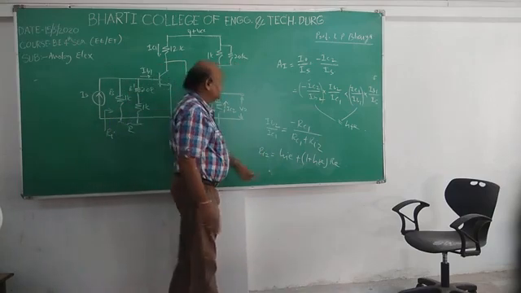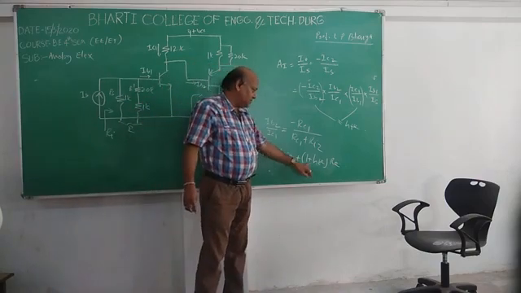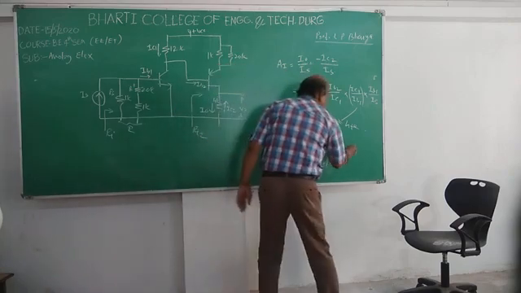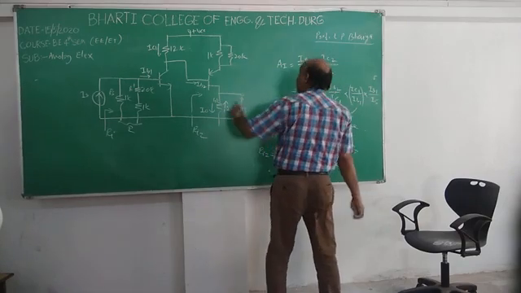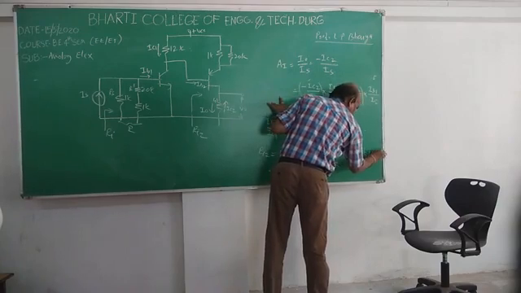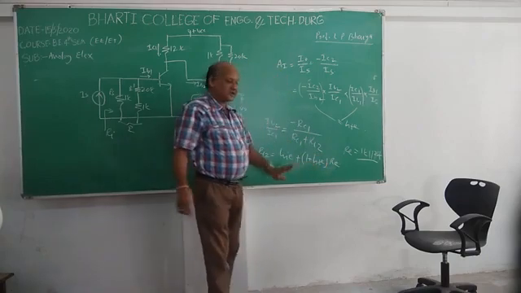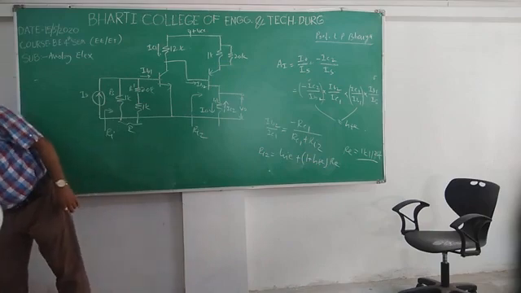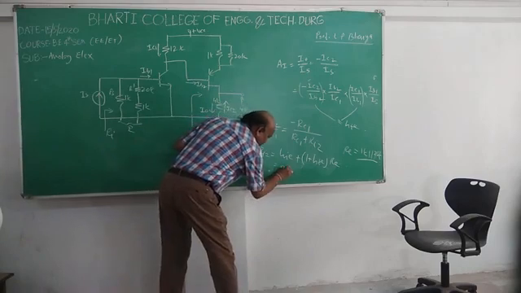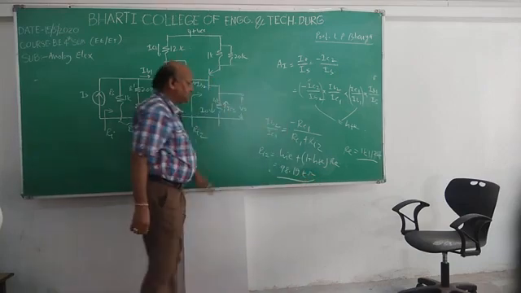So you can put the value of HIE. HIE is given in the problem, and HFE is also given in the problem for both transistors, and the value of RE will be equal to 1K parallel to 20K. So this value of RE you can put here, HFE and HIE are given in the problem. So this value of RI2 comes to be 98.19 kilo ohms. So this value is the RI2.